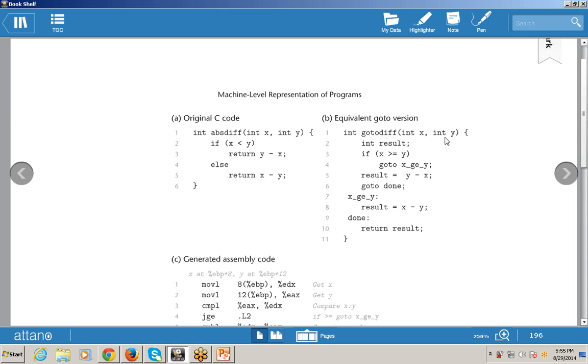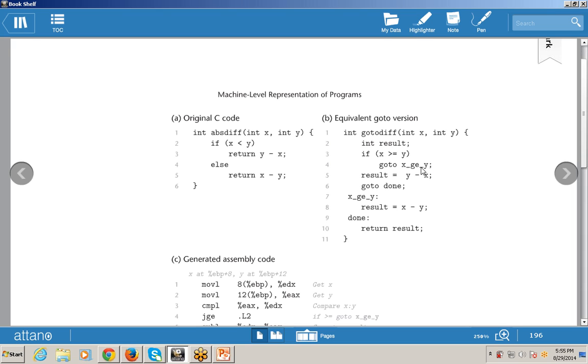Take two variables, same, and int result. If x is greater than or equal to y, goto x_ge_y, result is y minus x, goto done. Goto done means it is finished. Now x_ge_y, result is x minus y, done, return result. So if this condition is true, go to this one, otherwise result is this one, goto done.